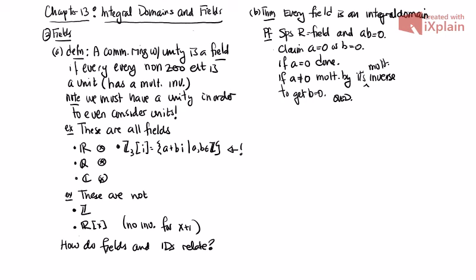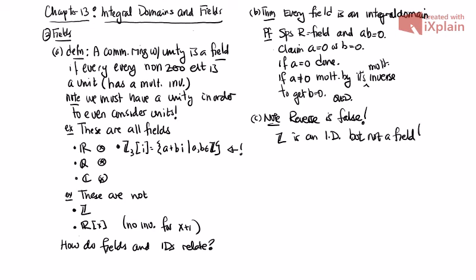Now, the reverse is not true. Let me put that as a specific point. So note, the reverse is false. A classic example: Z is an integral domain but not a field. If you have ab equals 0, then one of them must be 0, so it's an integral domain. But there are lots of things with no multiplicative inverse. However, the following is true,